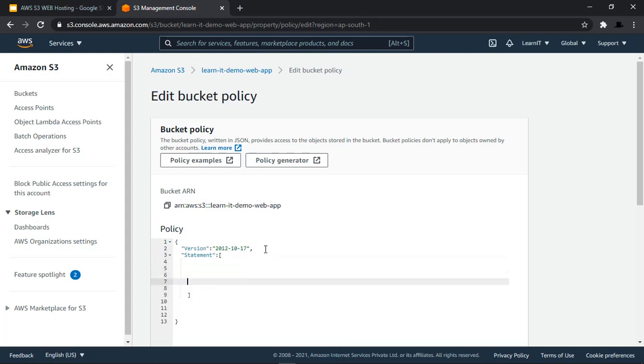So let's add a statement for public access of all the objects. We want to basically add a read access for all the objects, for all the people. Not all the resources, only this resource, I mean this S3 bucket. So I am creating one statement now, and in statement ID I have said it is public web access, and in effect I am saying allow.